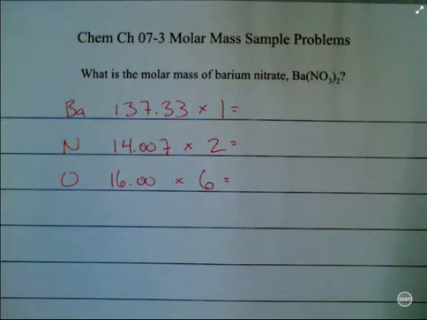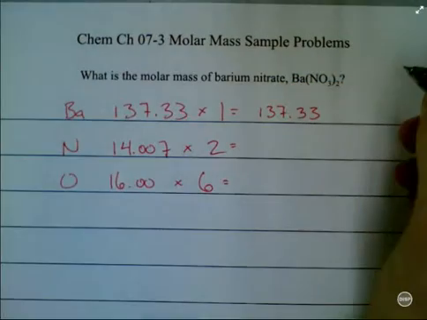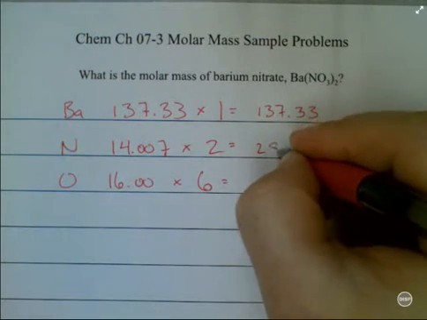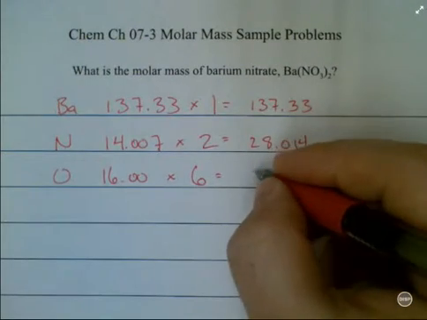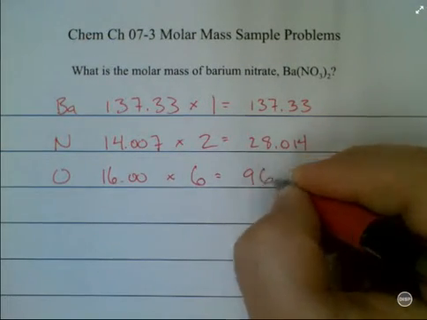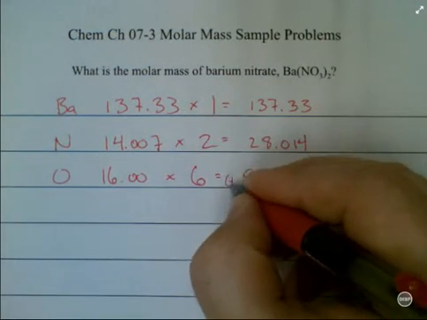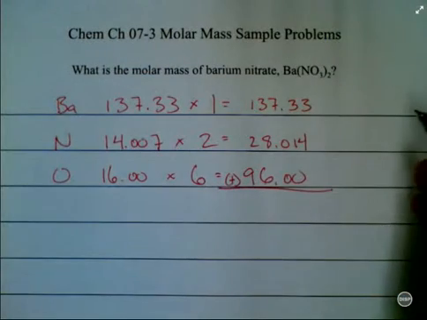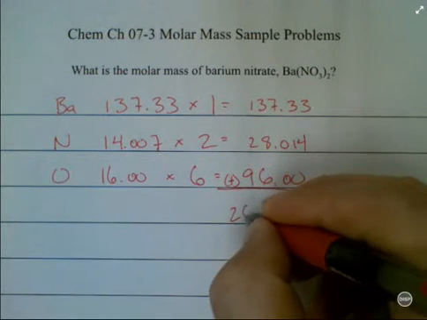Next step, I'm going to multiply these to get the mass due to each element. So I'll have 137.33 due to barium. I'll have 28.014 due to nitrogen, and I'll have 96, I believe, due to oxygen. Next step is addition. I'm going to sum all of these values together. So I'll use my calculator for some help. Calculator tells me